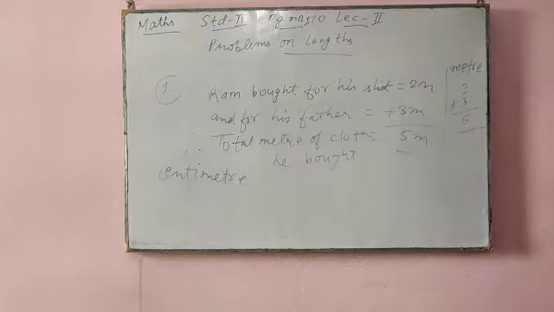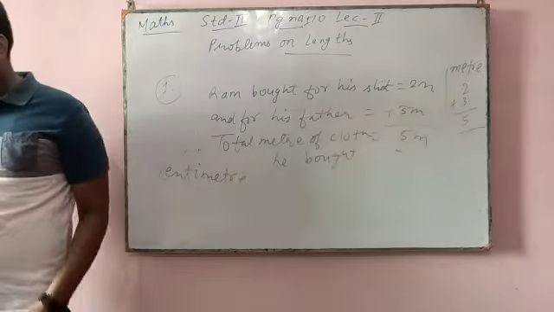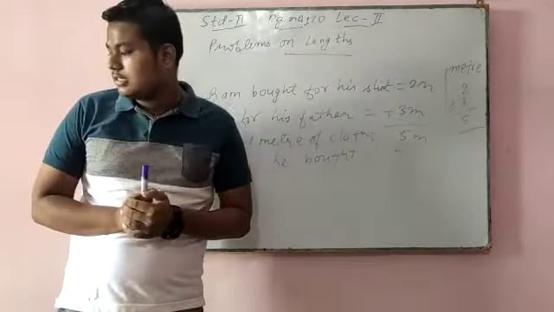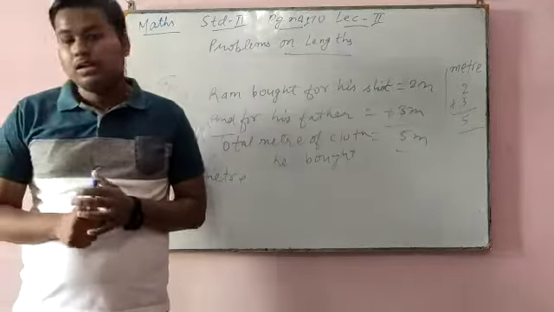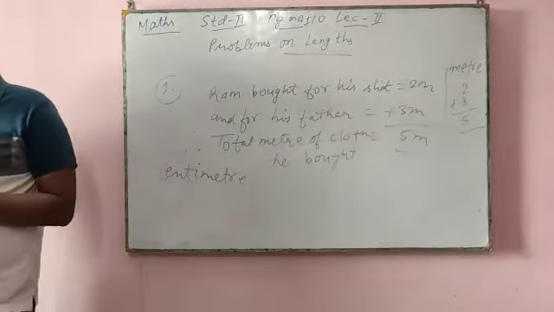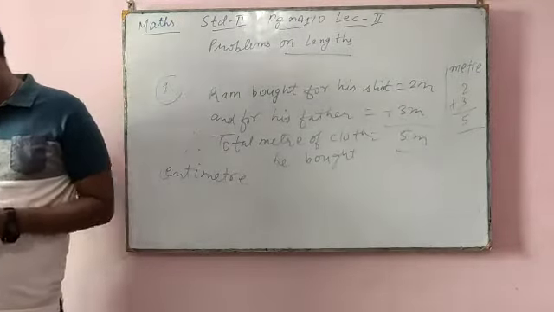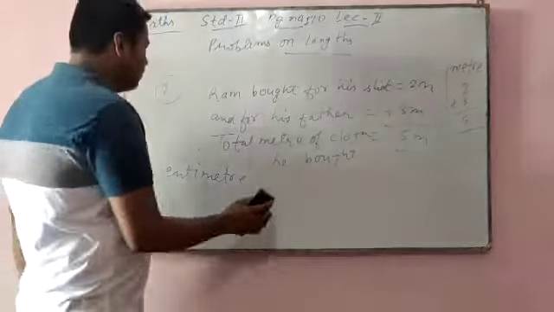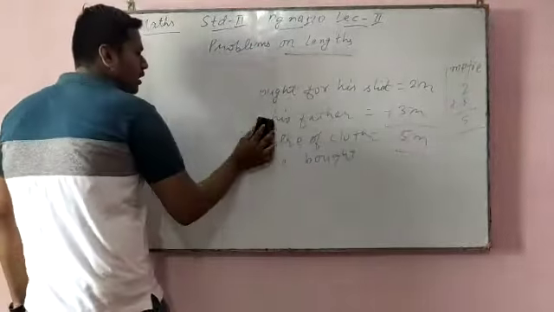Question number 2. Bimla bought 12 meter of lace and Kuljit bought 35 meter. How many meter of lace did they buy? Sorry, this is addition. 3. Rahim has a 258 meter long rope. He cuts the rope into 2 pieces. If one piece is cut this way, find the length of the other piece of the rope. So see, number 3 is subtraction.